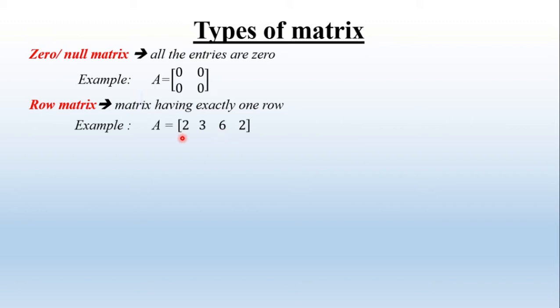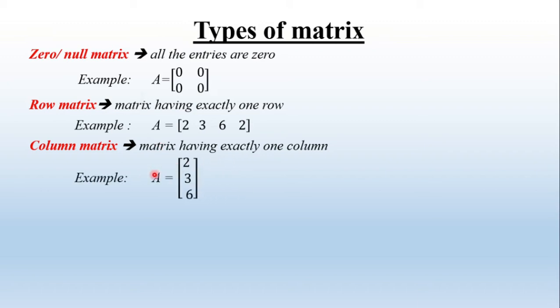This matrix is a row matrix. The other is the column matrix. Column matrix is a matrix having exactly one column. አያችሁት ስለዚህ ምንድነው አንድ ኮለመን ብቻ ካለው ማትሪክስ ኮለመን ማትሪክስ ይባላል. Example: here A is equal to 2 3 6. It has only one column, ስለዚህ አንድ ኮለመን ብቻ አለው. The matrix is said to be a column matrix እንለዋለን ማለት